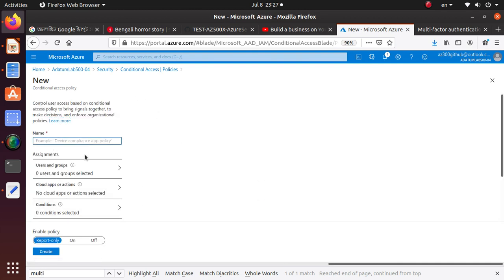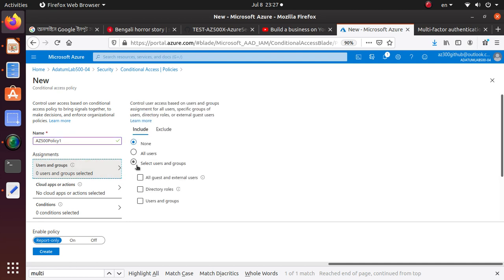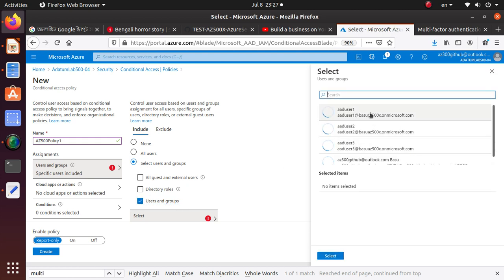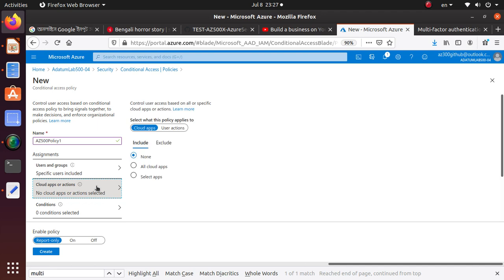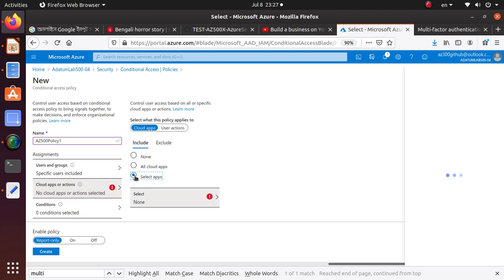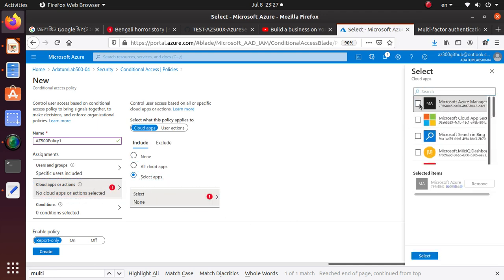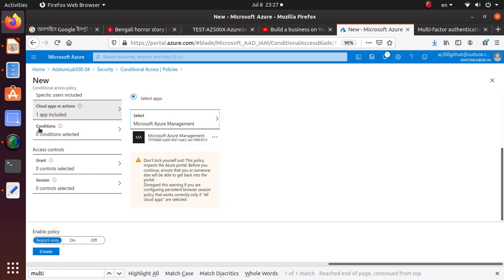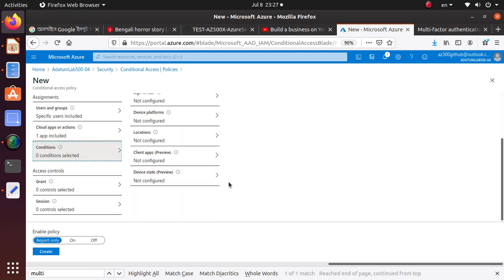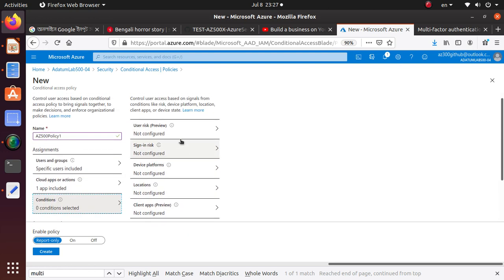We didn't want to close up that far, so we're gonna apply this to select users and groups, and we still want to apply to user 2. Select cloud apps, we want to apply this to selected apps, and select apps, Azure, Microsoft Azure management, select this app. So we are good. Conditions, we have looked at sign in risk, device platform, locations,